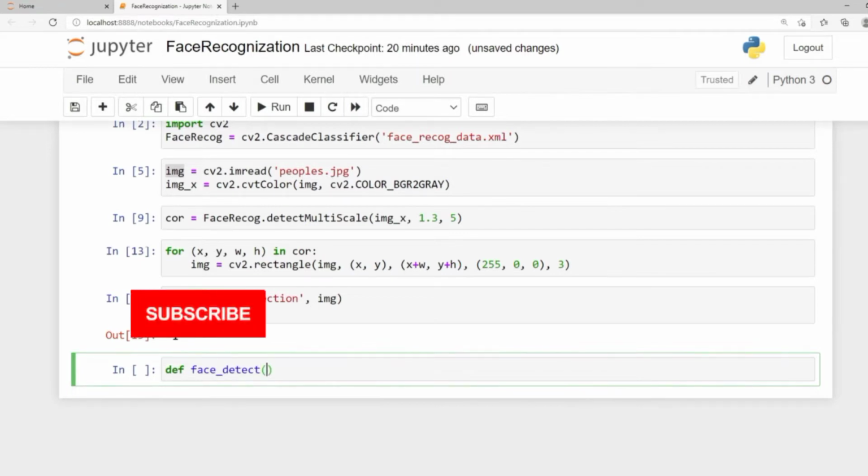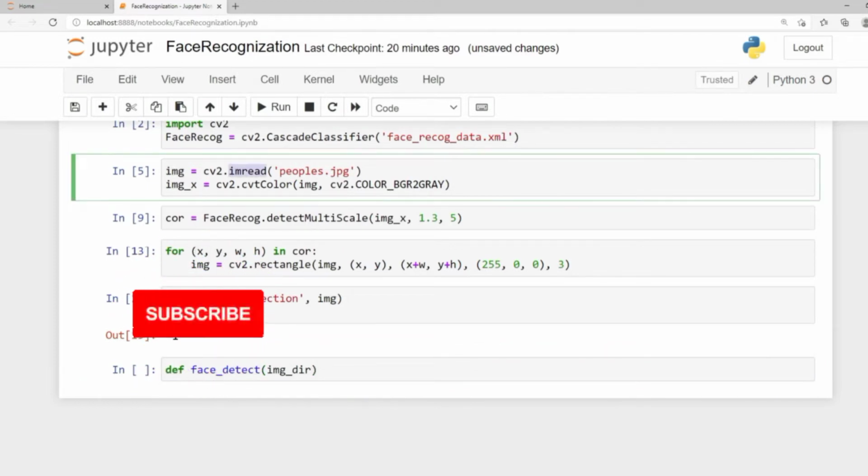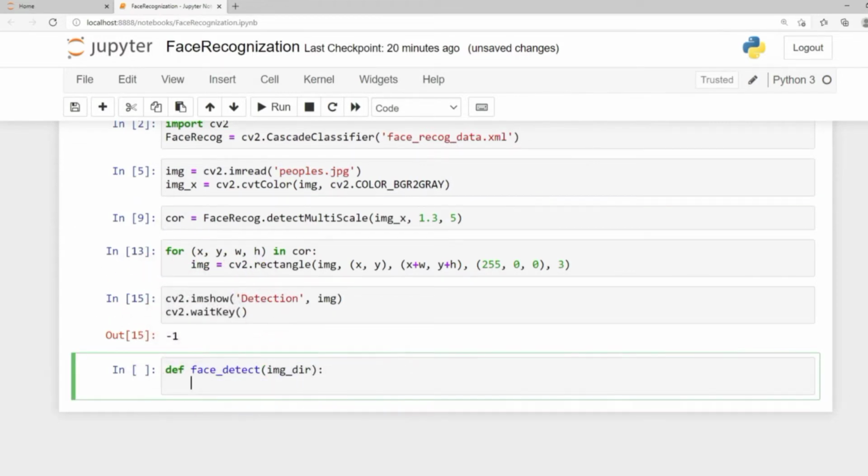In here we'll get the image directory. So image directory will not get the image, that is the read image in the array format. We'll just get this people's JPEG. So image directory to refer to that as the argument. And then first of all we will read that image. So we will create the image, read that. So cv2 read, so image read,